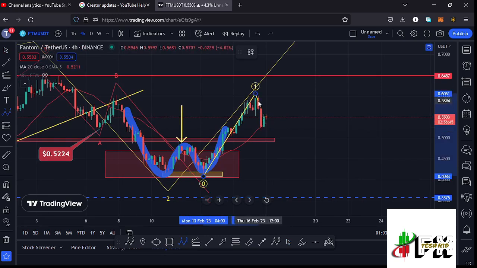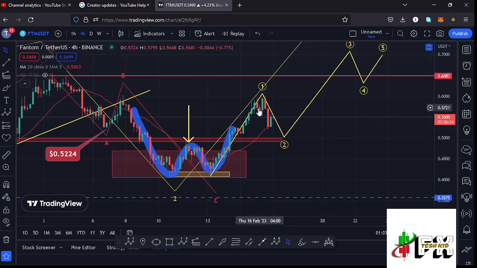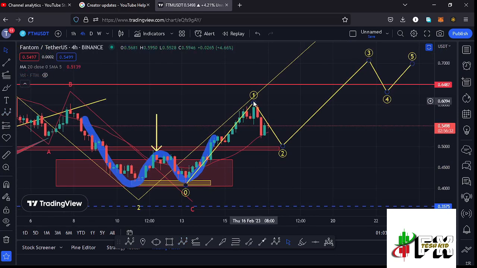Then we have seen this corrective structure over here in the formation of that wave 2. Then I'm expecting a massive bounce to the upside in the formation of that wave 3, then a wave 4, and then a wave 5. And to get to see whether this second wave right here has done the minimum that we expect a second